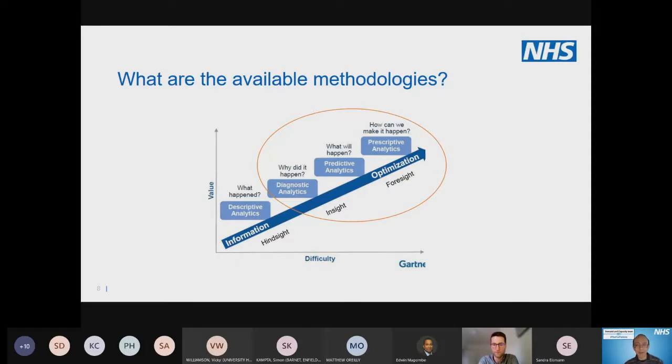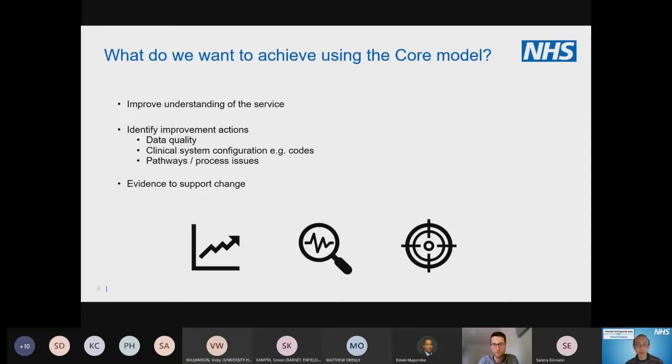Yeah, I think that was just circling where we actually want to get to in terms of our analytics, as I mentioned earlier. If we go to the next slide, we can see everything that David's just talked about. I feel we've jumped ahead a little bit, but the core model is not an end in itself. It's about improving your understanding of your service so that you can then target specific actions that will support your improvement. That can cover a whole range of things, from data quality improvements that you need because you find out you haven't got the data that you need,